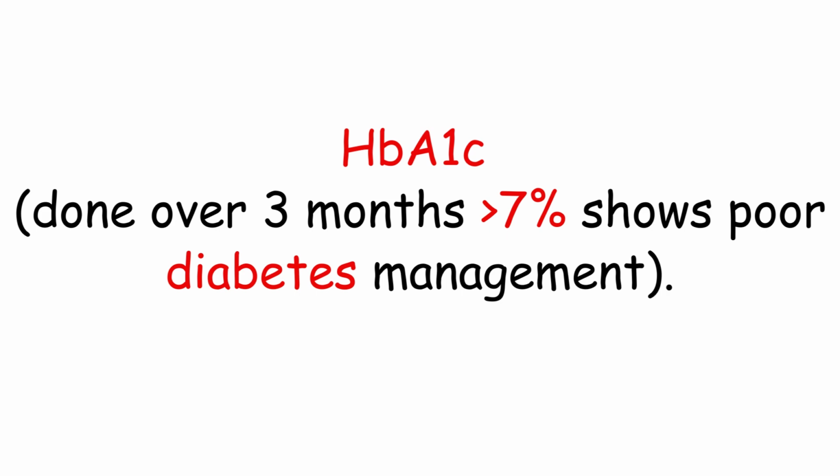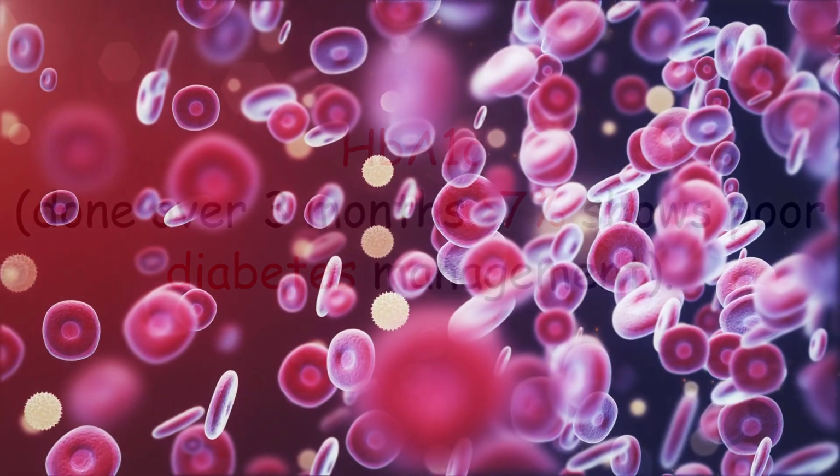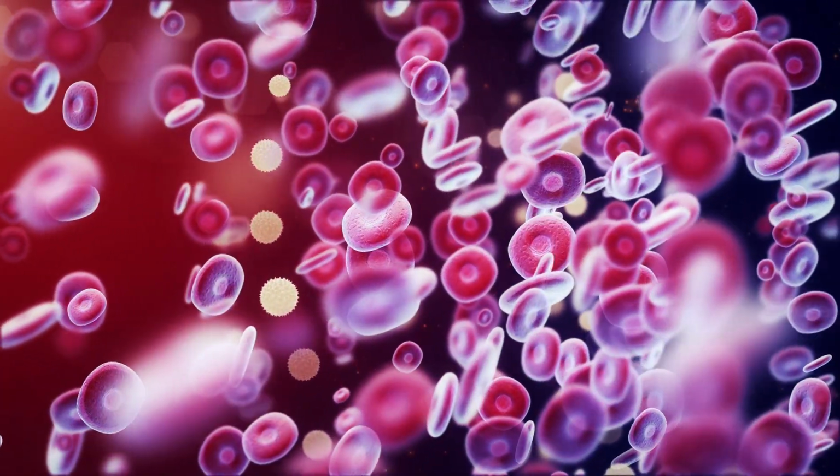In addition to blood sugar, you have HbA1c. It is done over 3 months. Guys, over 3 months. So you don't go for your exam and they say the HbA1c is done over 1 week. No, if it's not 3 months, it's not correct. And if it's greater than 7, they are managing the diabetes poorly. We want it to be less than 7 over 3 months, remember. Then we have the WBC, the